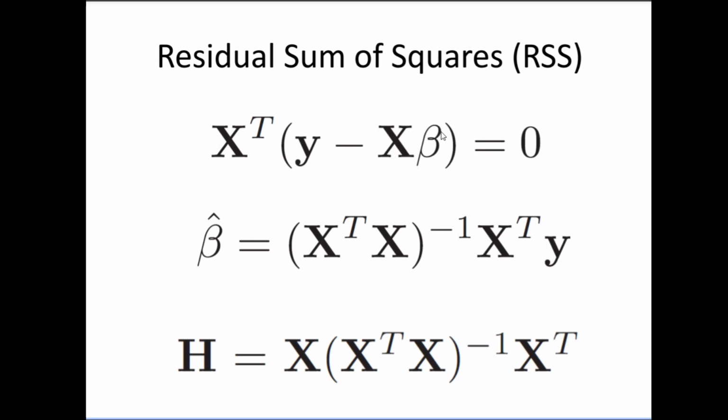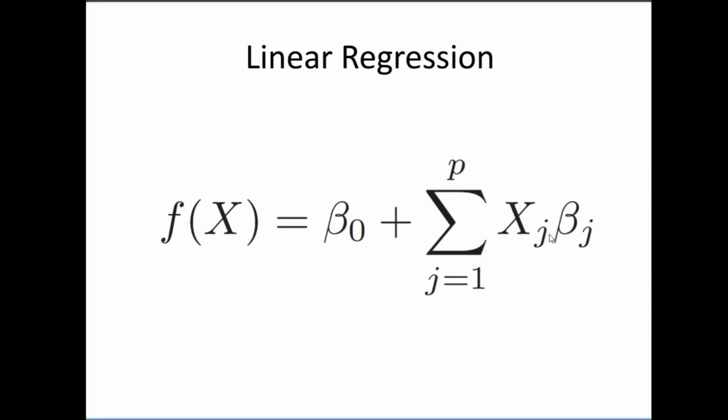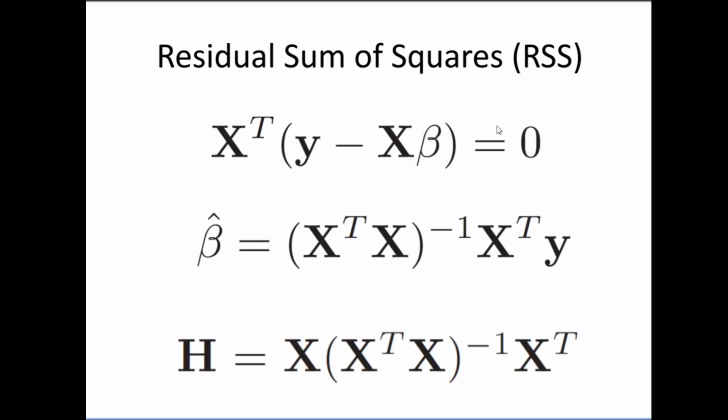So you have some beta which you will be calculating here, all these betas, and those will be multiplied by X, and then this will be your predicted value. Now y minus your predicted value, this is your residual, and X transpose you are multiplying. Now this is equal to 0. Now you need to solve for this beta. Now you see the formula for beta is this. We can derive this beta from here.